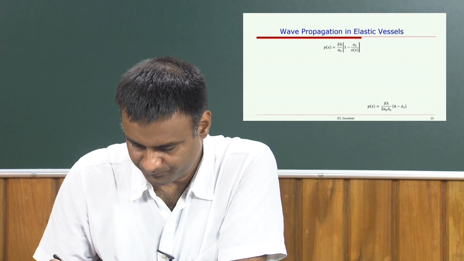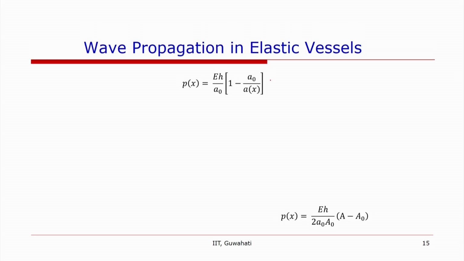If we write this in terms of the area, then it will be EH over A naught into 1 minus A naught over A raised to the power 1 by 2. We will keep A naught intact here, and this ratio is A naught over A raised to the power 1 by 2. If we now linearize this equation,